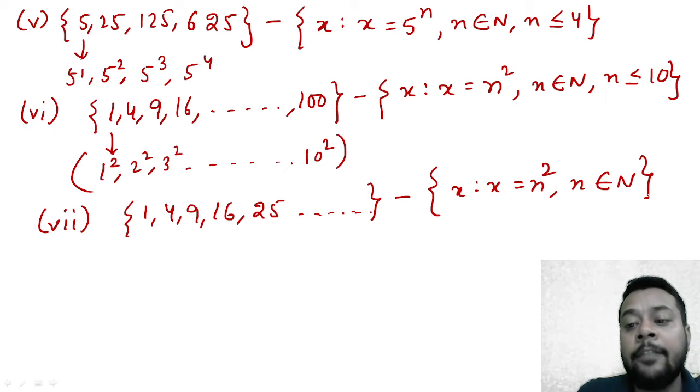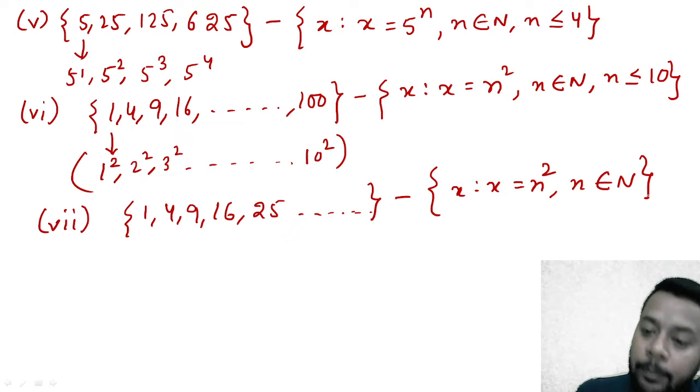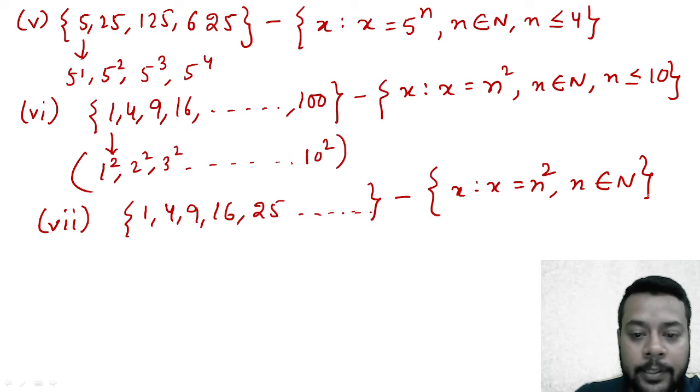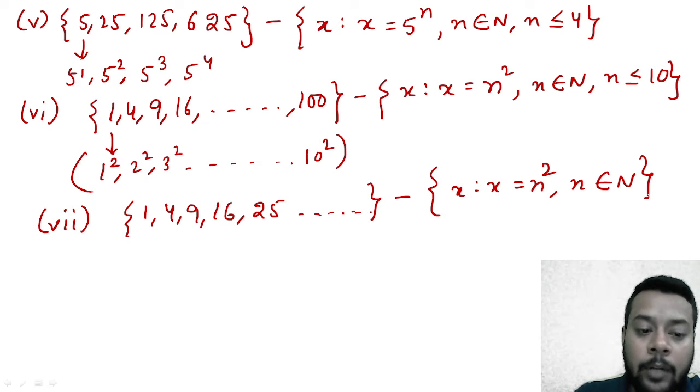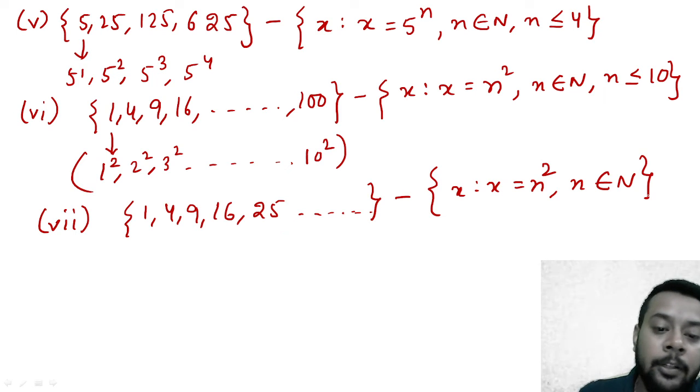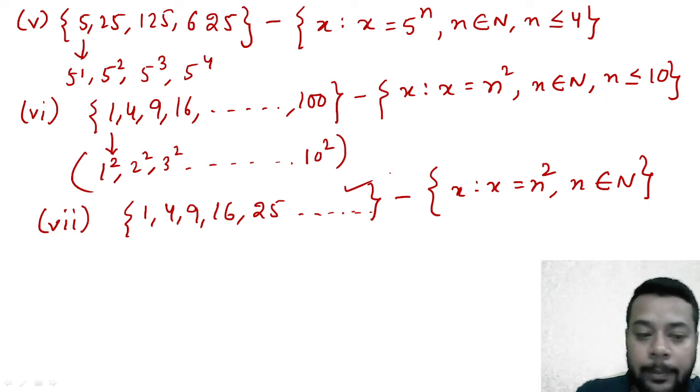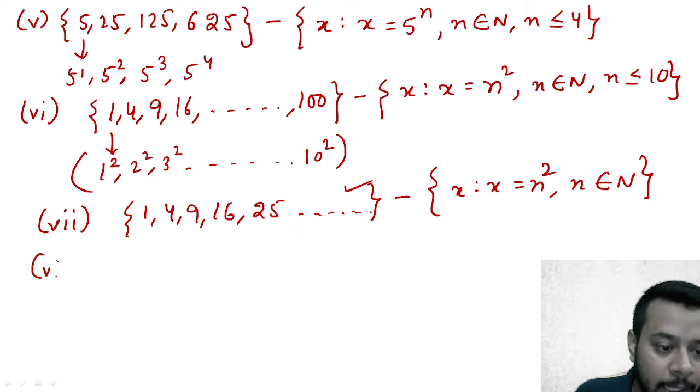Since I have written only that n belongs to natural numbers and nothing else, it means that all natural numbers' squares will be in the set, because it was going till infinity, right? And moving to the last sum,